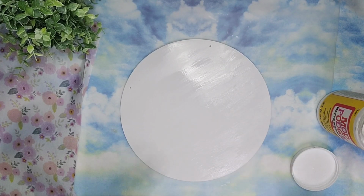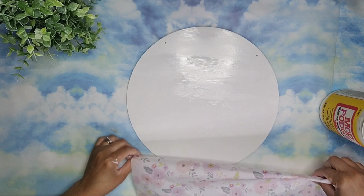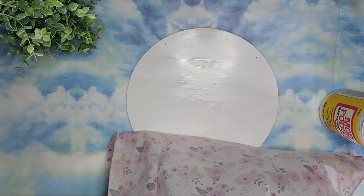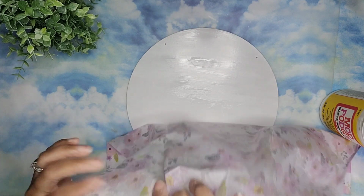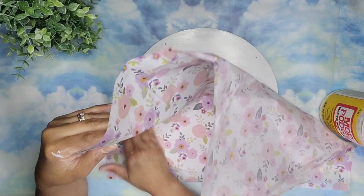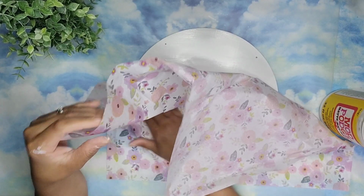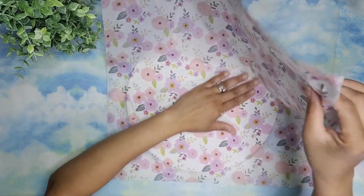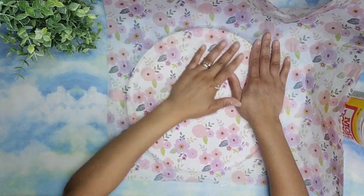Now it's time to add the tissue paper. I'm going to start by putting it at the bottom of our wood round, and I'm going to smooth it down slowly and carefully, making sure to not leave any bubbles or any wrinkles behind. I'm going to cut off the excess tissue paper